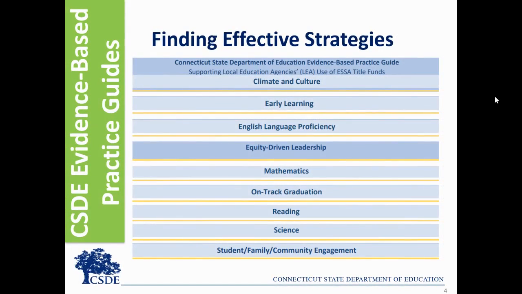The Connecticut State Department of Education Evidence-Based Practice Guides are a collection of leading practices that research suggests will increase the likelihood of improved student outcomes. These practices are aligned to local, state, and federal long-term education goals and based on the available field of research in education. These guides are intended to inform school and district decision-making regarding instructional and student support programming in order to optimize the use of resources. When the research-based practices are coupled with evidence-based priorities and root causes, improvement efforts will positively impact student outcomes.